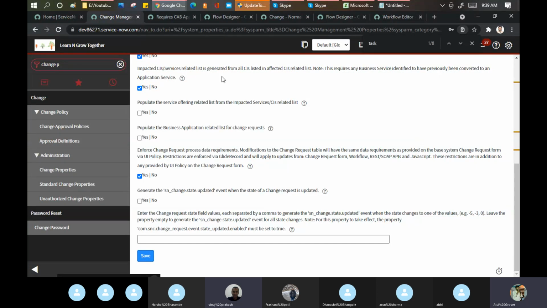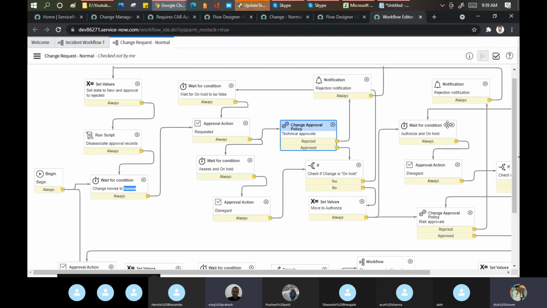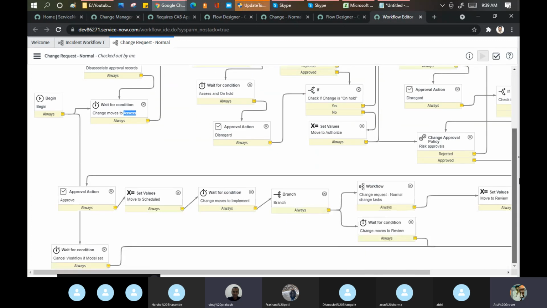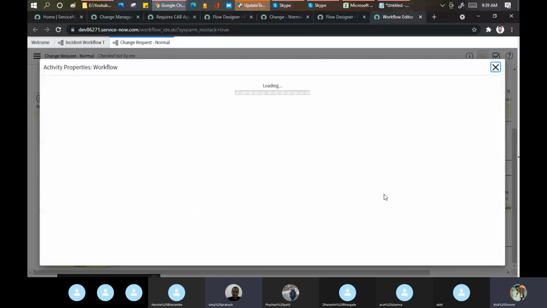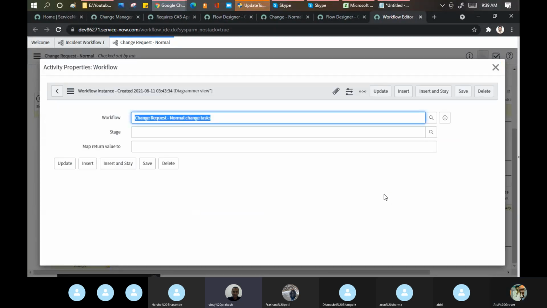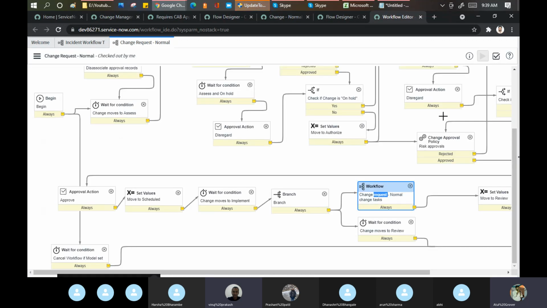In the change we see the change task tab as well. If you notice here, they are calling this workflow chain task. Let's see on which condition they are calling it. Because somewhere I saw these properties which we need to use. They just mention it like this, nothing else.